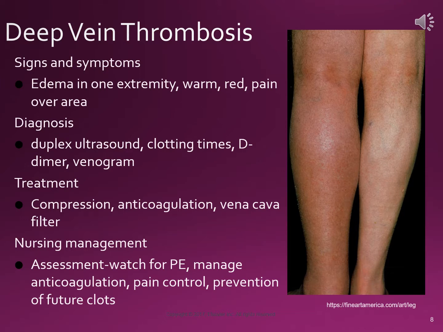thrombosis is. So to diagnose it, they'll do an ultrasound, they'll look at clotting times, and draw a D-dimer, because remember that is clot byproducts from clot breakdown, and so that'll tell you if there's a clot there. A venogram can also get you a diagnosis. The treatment is compression, anticoagulation, and sometimes if you have recurrent DVTs, you'll get a vena cava filter, which is a thing that kind